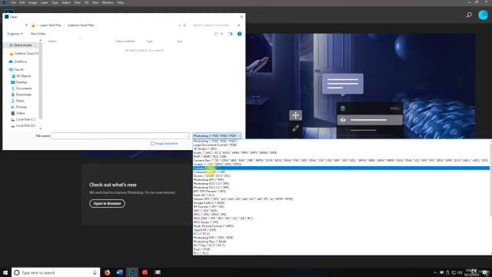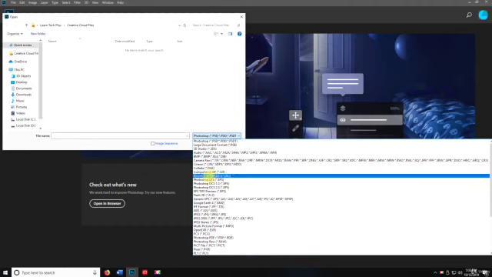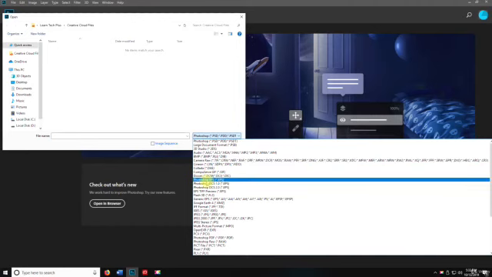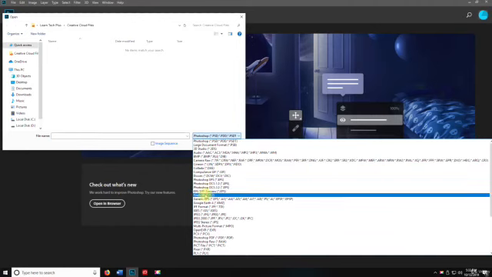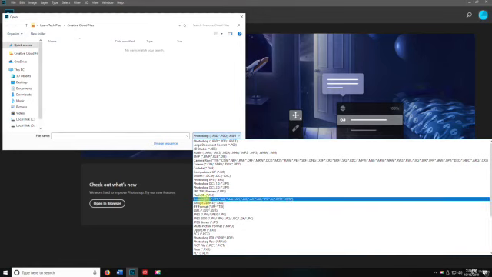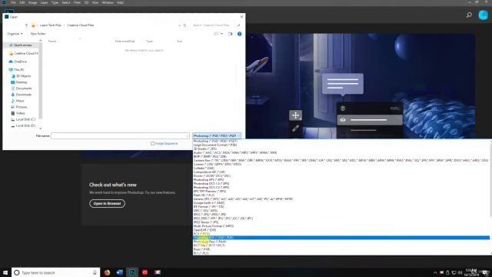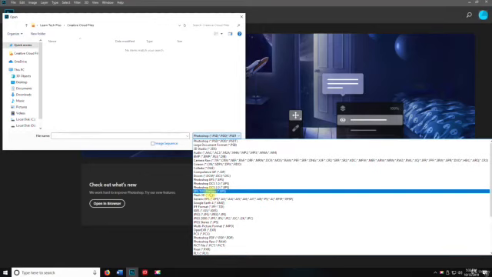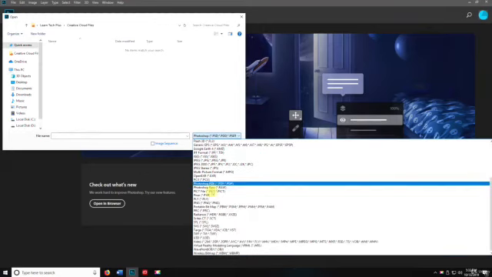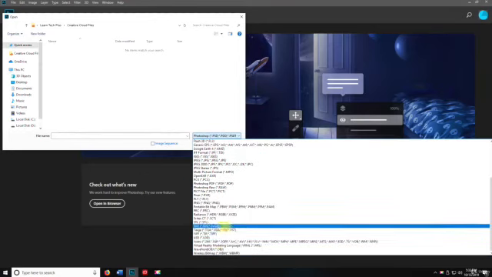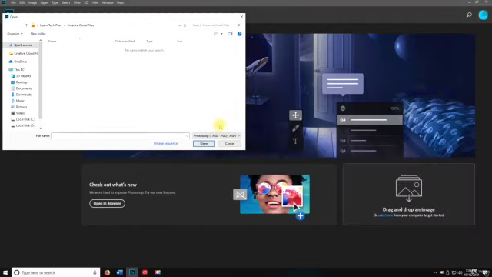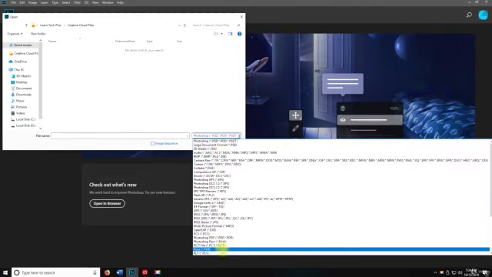CIN, DAE, a GIF, EPS, Flash. Wow, Flash 3D, that's cool. Google Earth, Pixar, Photoshop Raw, Photoshop PDF. Okay, so there's a lot of formats in here. The point is, I can scroll down and there's even more. So this is pretty much going to open just about any file format that there is. Not every single one. I'm not guaranteeing that, but you can see here from the list,